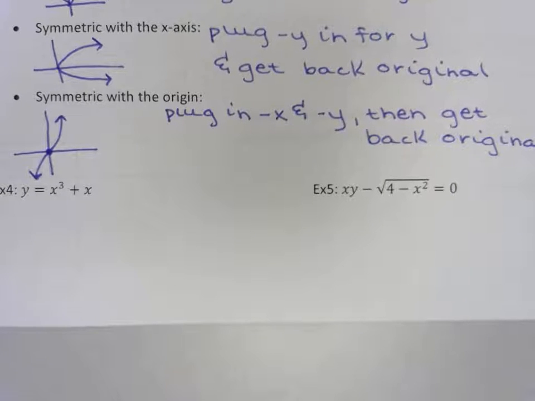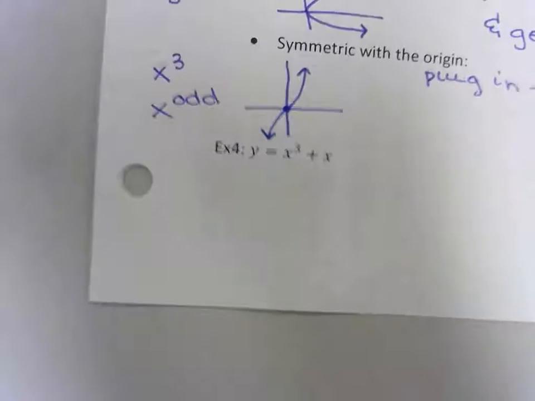Symmetry is kind of nice when we get to chapter 4 or whatever, and we have lots of graphing stuff to do. If you can see symmetry, it makes your life easier, but it's just something good to kind of know. So if I look at example 4,